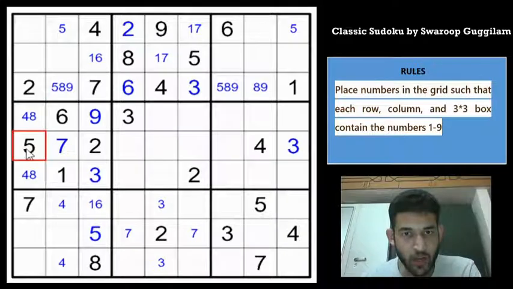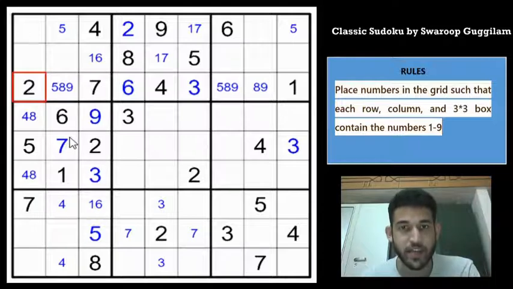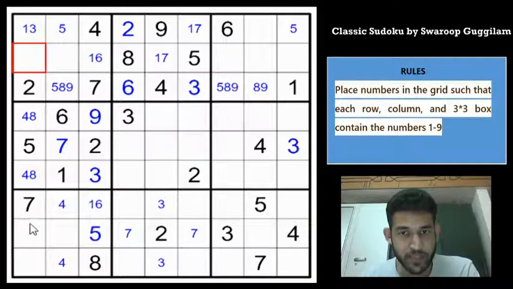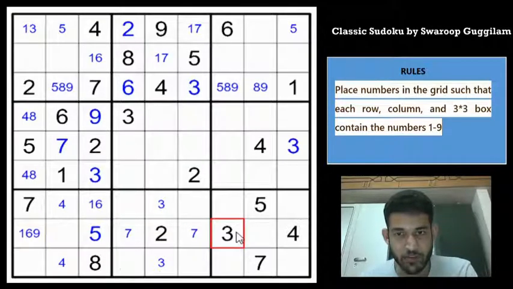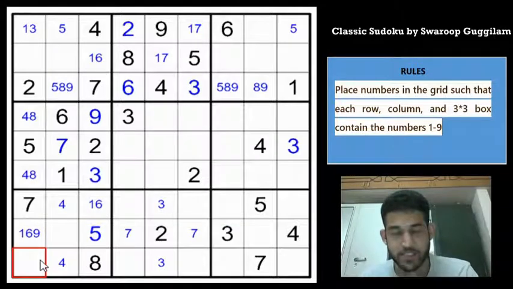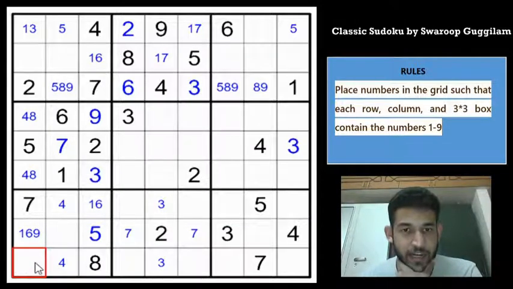Let us look at column 1 now, because we have made a pair. 4, 5, 8, 2 and 7 are the digits. Remaining digits are 1, 3, 6 and 9, right? But 6, 9 can't be in row 1, column 1. So this must be 1 and 3. This must be 1, 3, 6, 9. So this must be 1, 6, 9 because 3 is here. And this must be 1, 3, 6, 9. So I am not writing candidates in cells when there are more than 3.